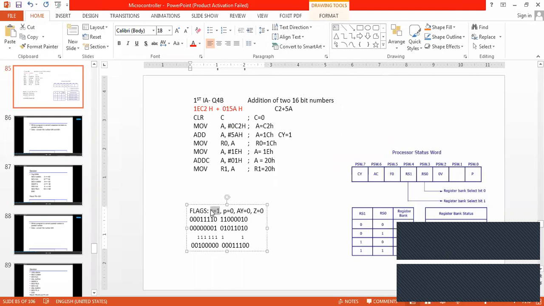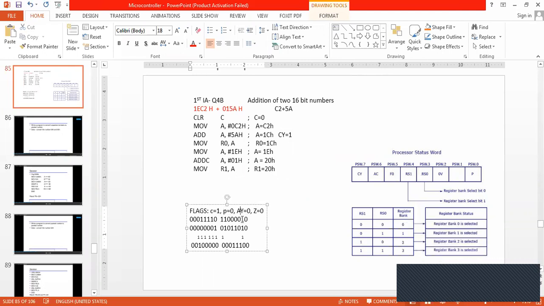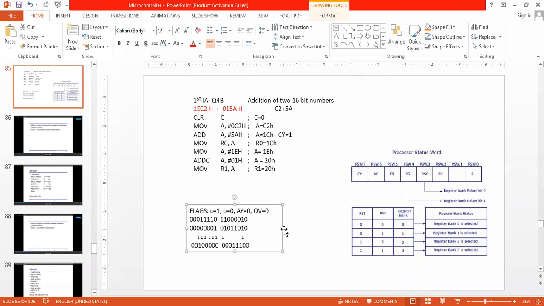Parity flag is equal to 0. Auxiliary carry flag: there is no carry from the third bit to the fourth bit, that is why this is also equal to 0. We don't have the zero flag, and the overflow flag is also equal to 0. There is no overflow. Understood now?